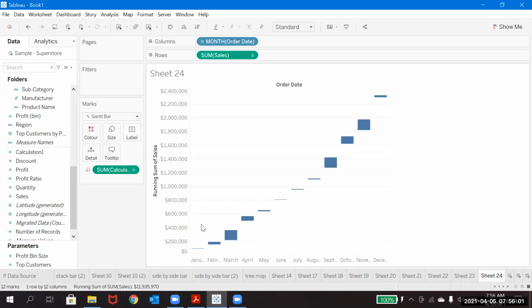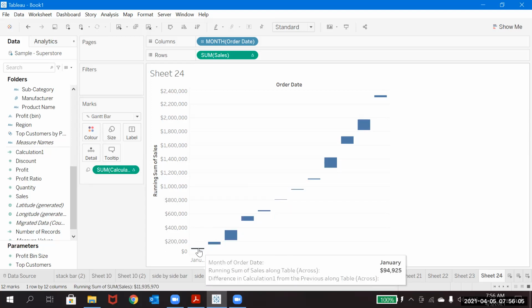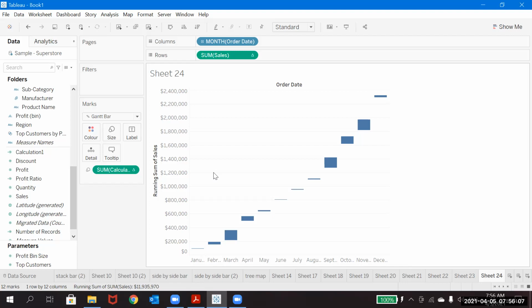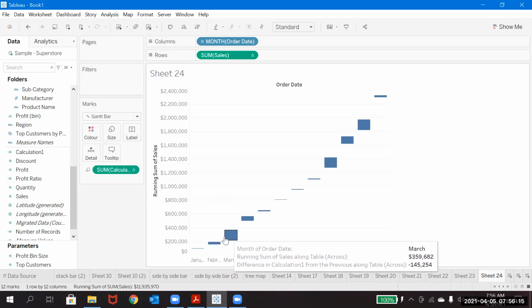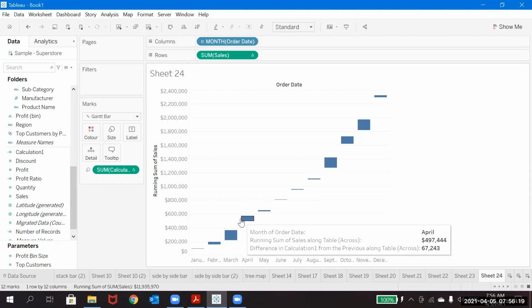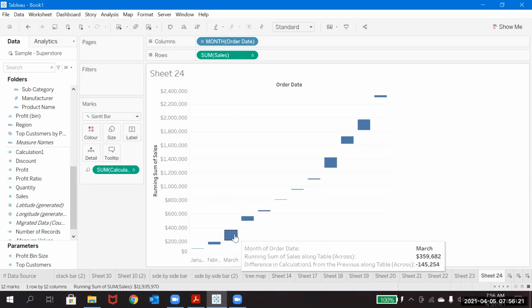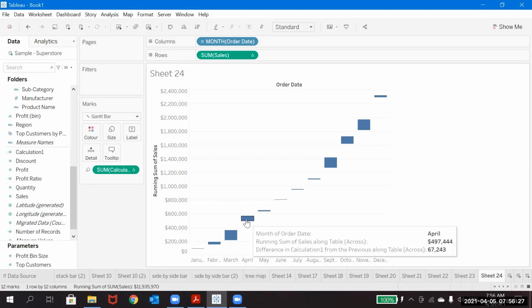Okay, I'll just keep the difference. If you observe clearly here, the difference is from this to this. See, everywhere if you hover on it, you will get a value that is negative, and somewhere it is showing positive.